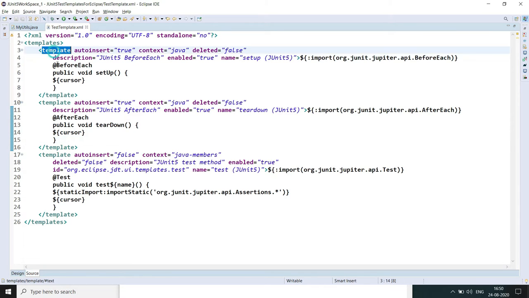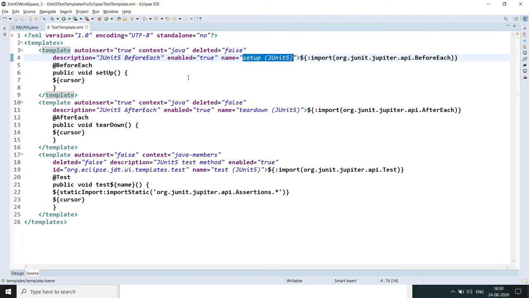Here you can see I have the first template, and there I'm telling auto insert is true, context is Java, and deleted is false. These are just flags, and this is the description I have given. And the name I have given is setup JUnit 5. This name is going to show once you import this template into Eclipse, so you can easily understand it is the setup method for JUnit 5.